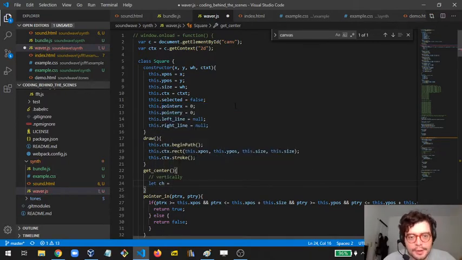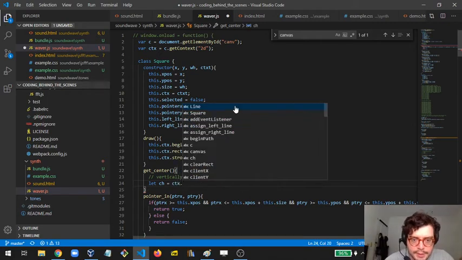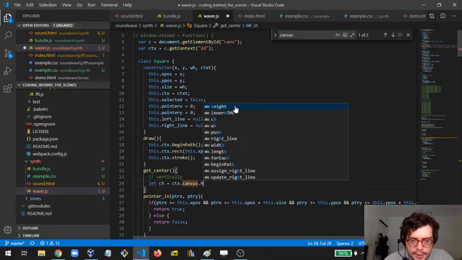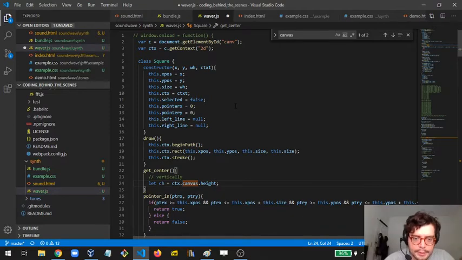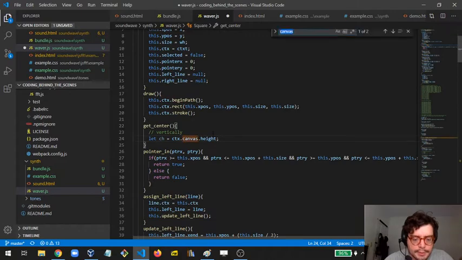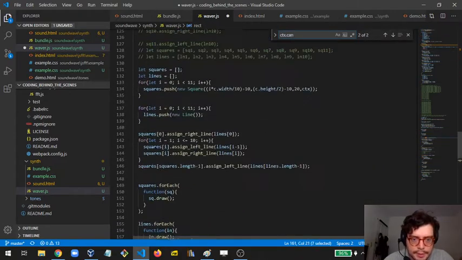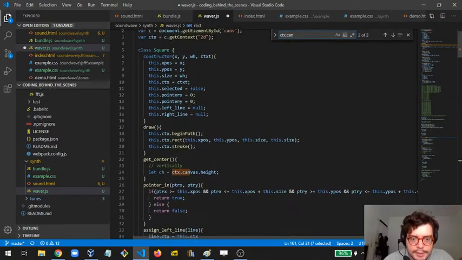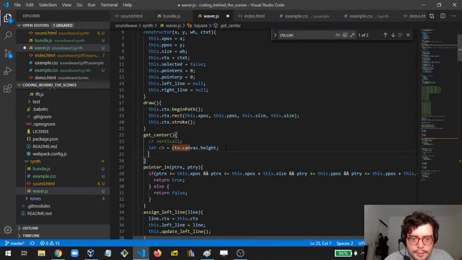Canvas height is going to be context dot canvas dot height. I guess that's the correct name for that. And then canvas width, context dot canvas dot width,